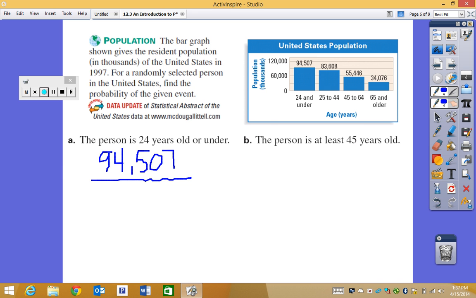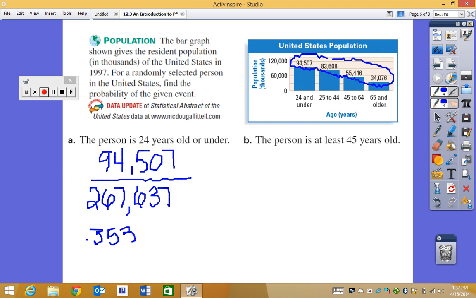So I need to add together all of the people that were surveyed to come up with my denominator, or the bottom of my probability, which is 267,637. So my probability would be about 0.353, which is about